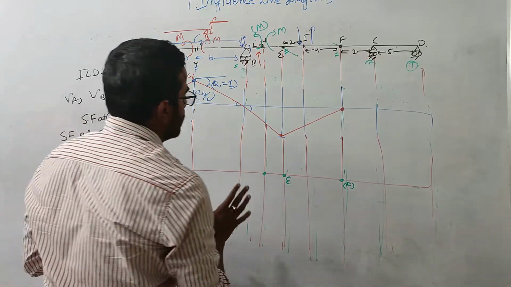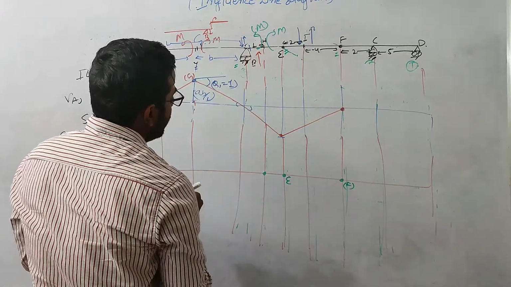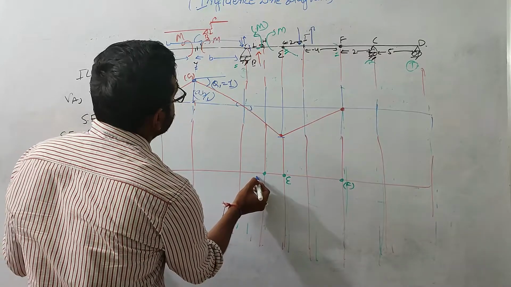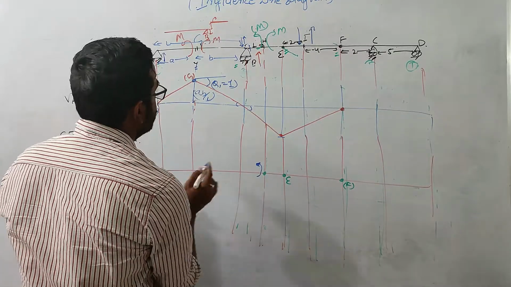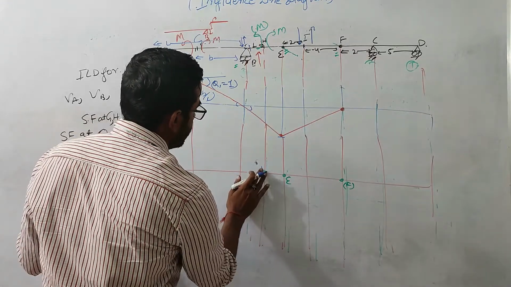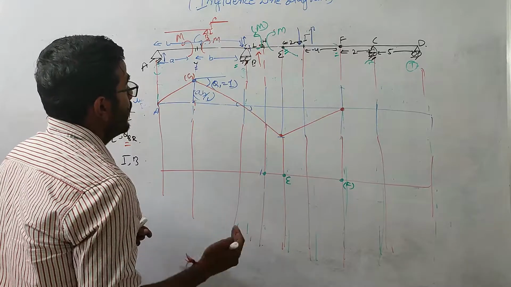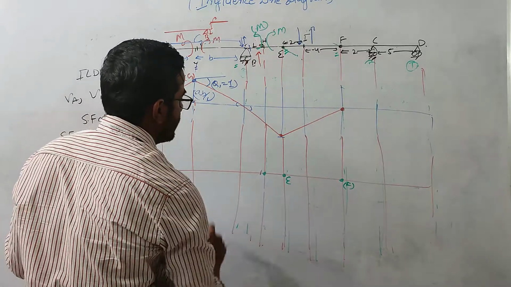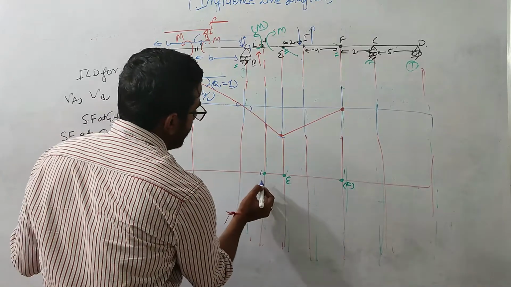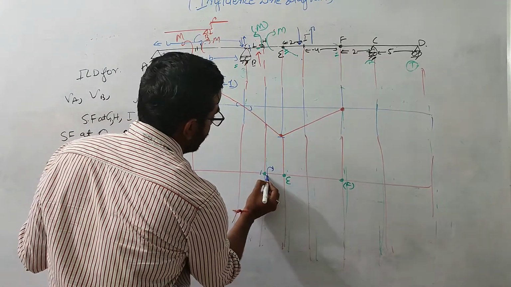Now you can see that if I rotate along this moment direction, to maintain the boundary condition, this beam will bend. But this won't happen because in an unstable structure, the deflection diagram will always be straight lines. So what we need to do is apply unit deformation in this case. So the unit deformation will be unity.